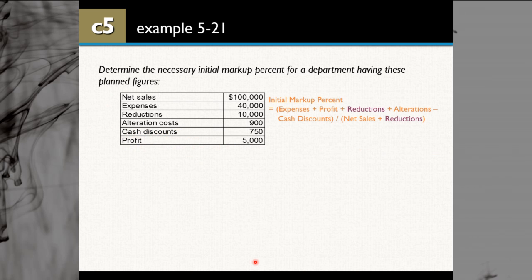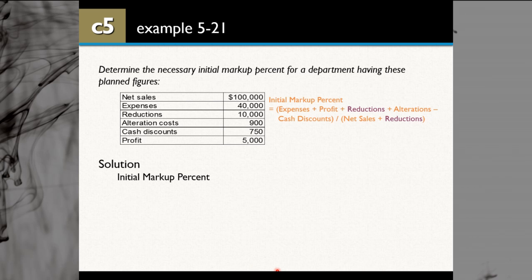Let's look at the example. Determine the necessary initial markup percent for a department having these plan figures. So it has net sales, expenses, reduction, even alteration cost, and cash discount. From the previous slide, you got this formula to calculate your initial markup, which is gonna be expenses plus profit plus reduction plus alteration minus cash discount divided by your planned net sales plus your reduction. So that will be,